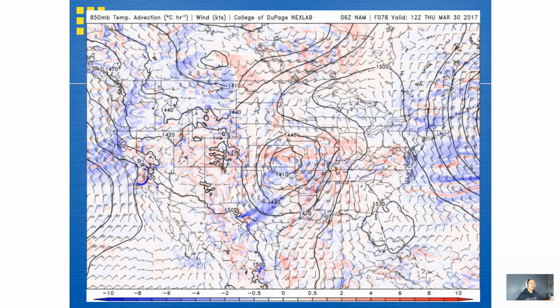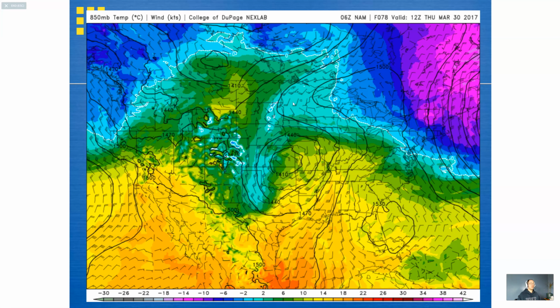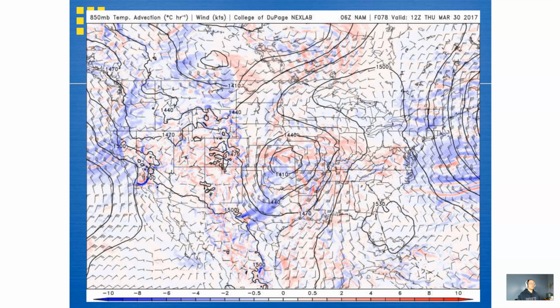And so we can look here at a computer-derived version of temperature advection. And so again, you can see the areas here across Texas where we have cold air moving in. We have some pretty good regions of cold air advection. Areas in Indiana, Illinois, not too far away from our 850 millibar warm front, again experiencing some form of warm air advection. And then again over Minnesota, pretty minimal in terms of advection. So I toggle back and forth. One more time.